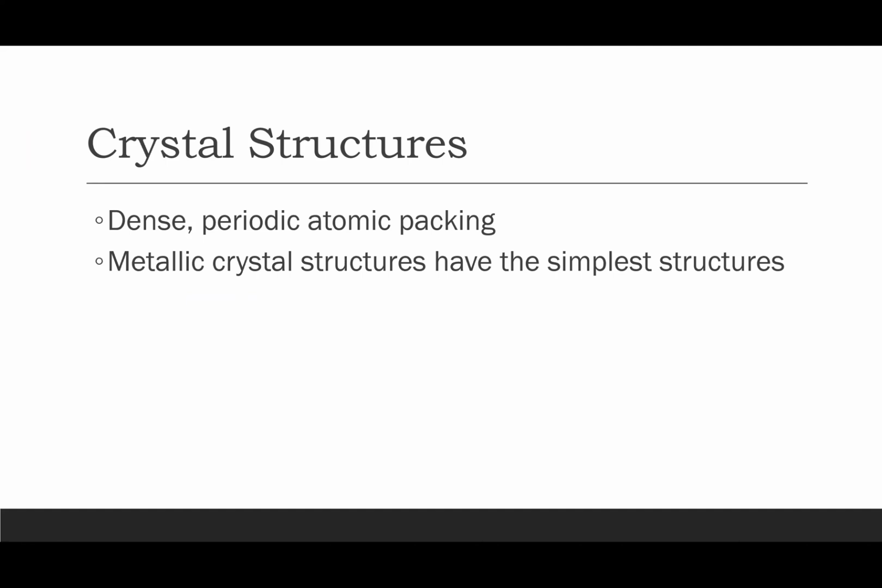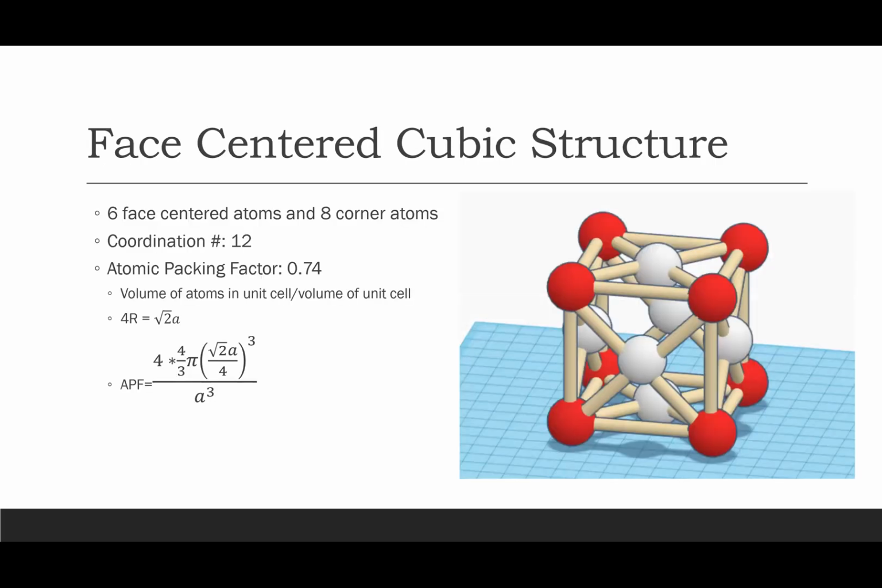What we typically see in metals, in many ceramics, and some polymers is dense, periodic, ordered packing at the atomic level. Metallic crystal structures have the simplest ones, which include the simple cubic structure, the body-centered cubic structure, and the face-centered cubic structure. So I have a photo of a Tinkercad model I made of an FCC, and I will